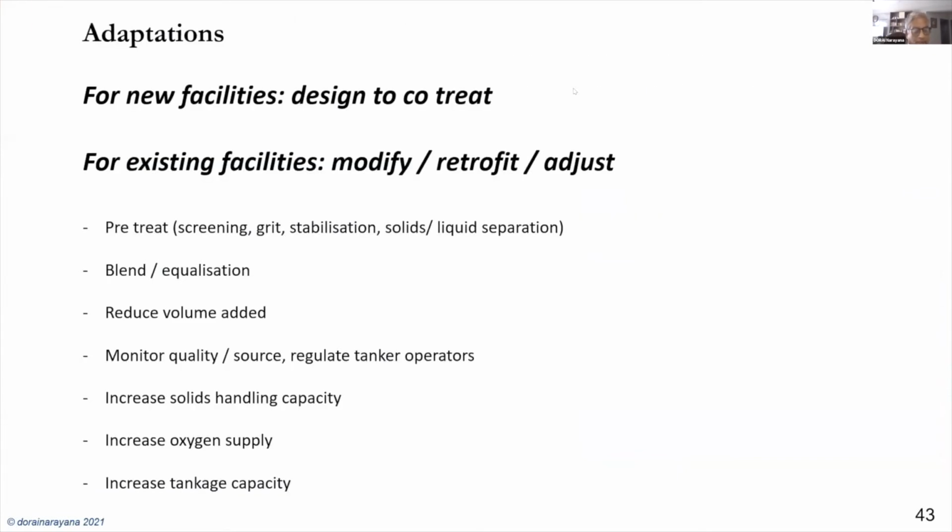I am going to stop here, but this is to decide, for existing sewage facilities, how can we carry out co-treatment, what kind of impacts and risks can we expect, and to give some indication of what we could do to mitigate those and still carry out co-treatment. That is the purpose of the co-treatment worksheet tool, which will be demonstrated after this by my partners, the CDD team.